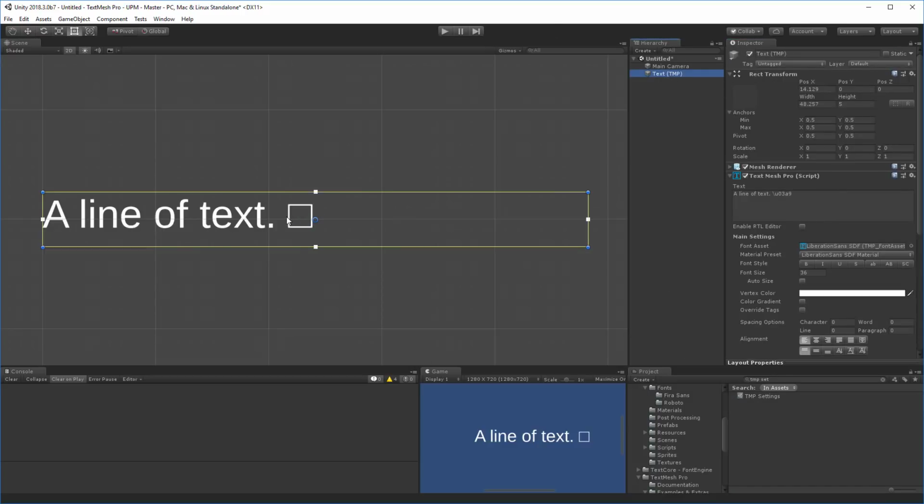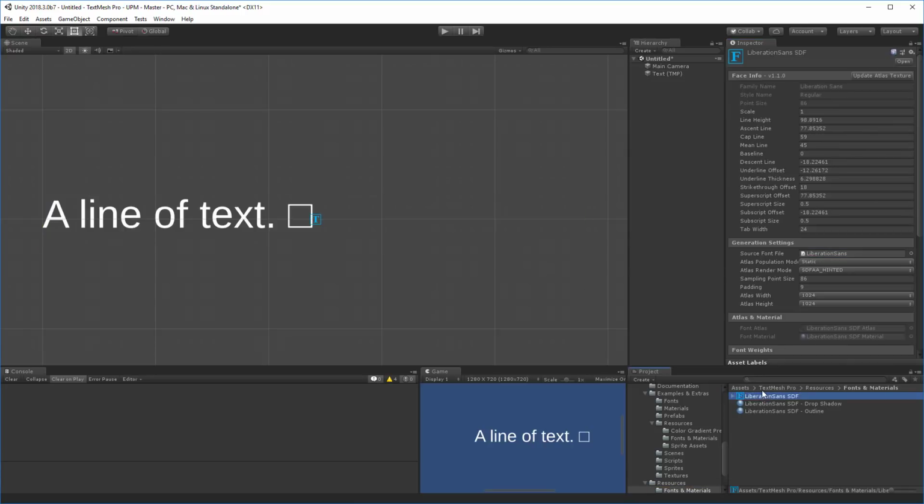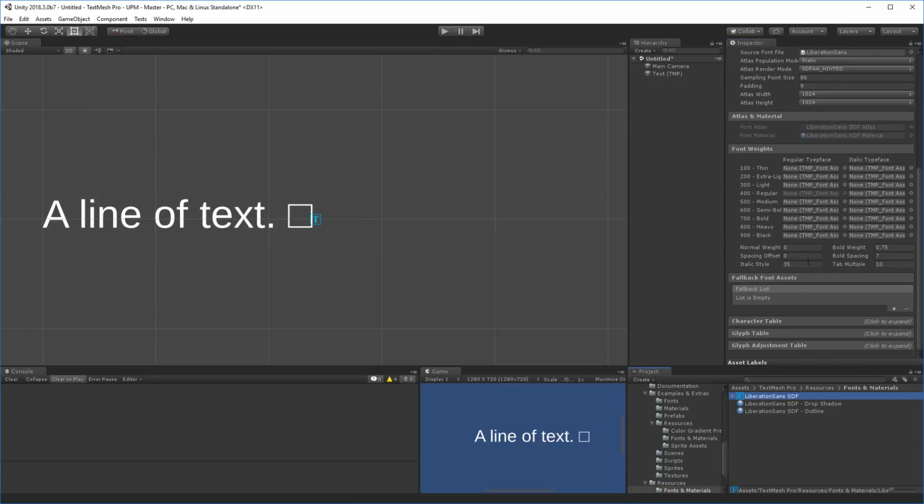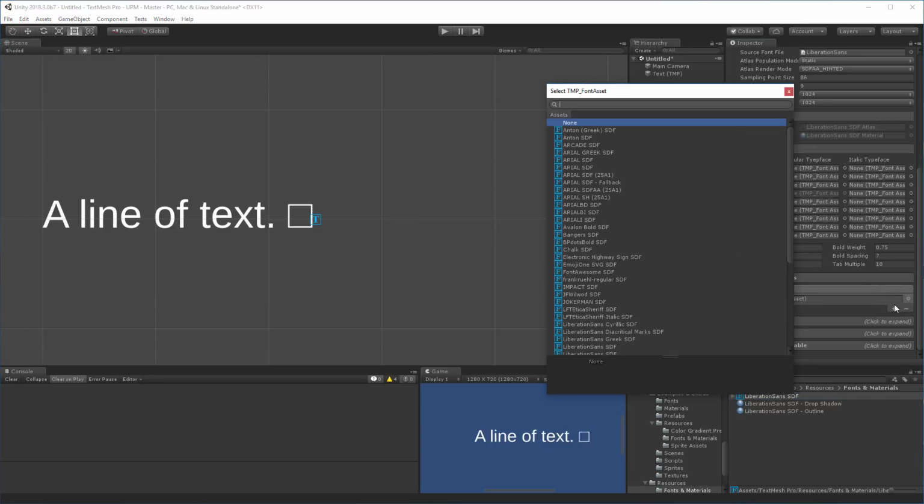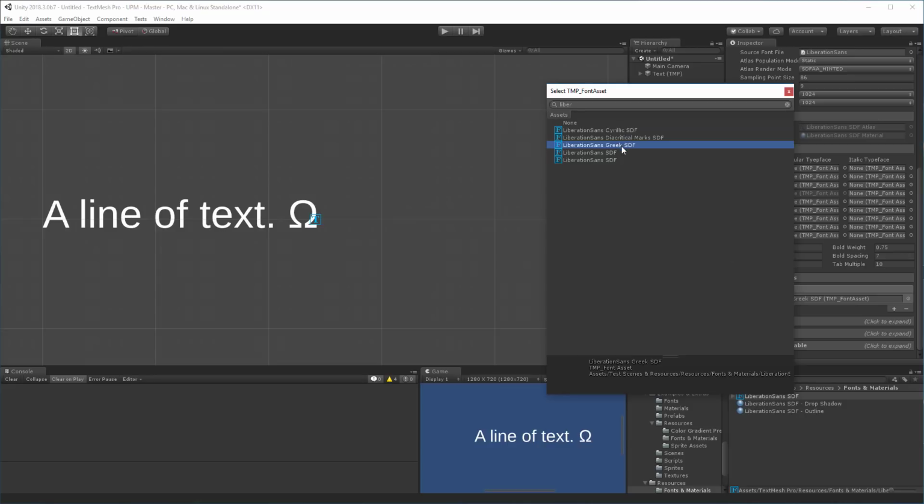Now in our case, we want to have this Greek character show up. So what we're going to do is select our Liberation Saint font. For each font asset, we can assign a list of fallback font assets. So in this case, we're going to add a new item in our list, and we're going to look for Liberation Saint Greek. And as soon as I assign it, you can see that now our missing glyph was replaced by the character